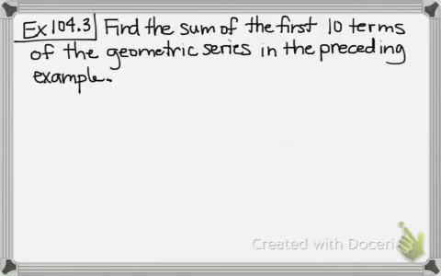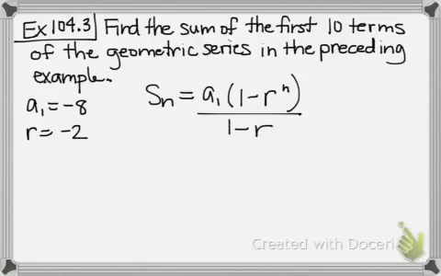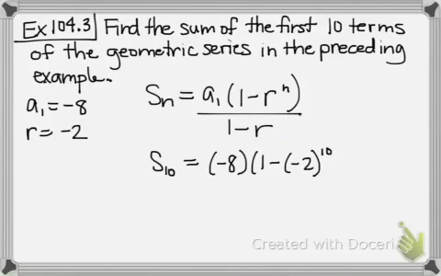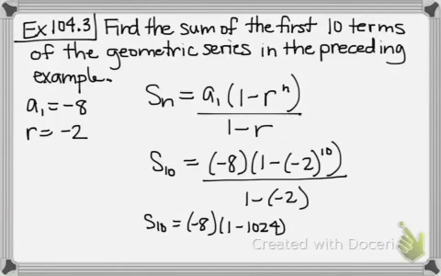Okay, find the sum of the first 10 terms of the geometric series in the preceding example. So now we're just doing 10 terms. If you remember, our a sub 1 was -8, r was -2, and now n is going to be 10. So our formula is s sub n equals a sub 1 times 1 minus r to the nth power all over 1 minus r. So s sub 10 equals -8 times 1 minus -2 to the 10th power all over 1 minus -2. So we have -8 times 1 minus 1024 all over 3. So -8 times -1023 over 3 gives us